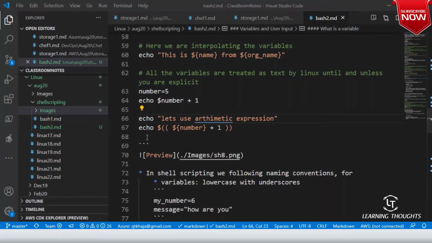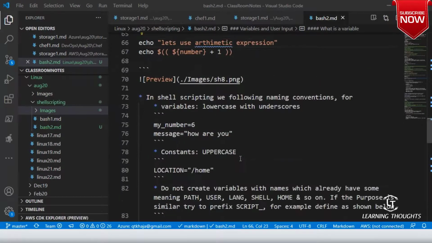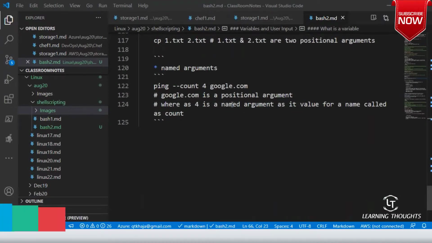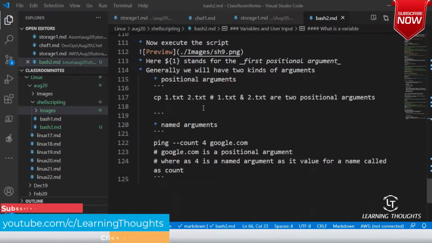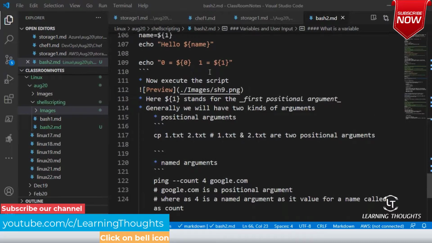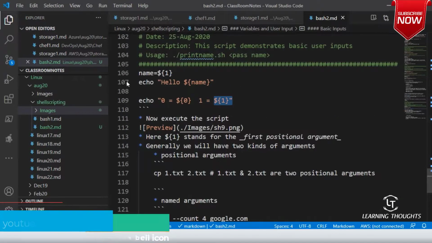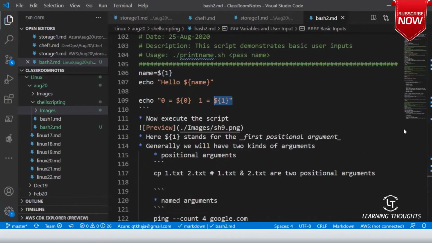In this, we are using a named argument, but right now the script I have written is using only positional arguments, because it has used $0 and $1 itself. My shell script is still using only positional arguments. It doesn't know what a named argument is yet.